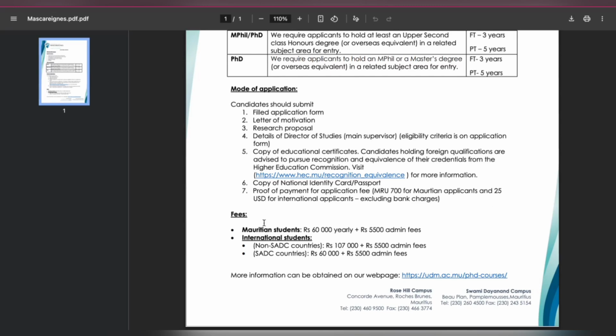These are tuition fees. Since you'll be applying for the scholarship, I don't think you should worry about tuition fees. So basically, this is the information for applying to this university. Like I said, go to the official website, find the application form, prepare these documents, and then send through your